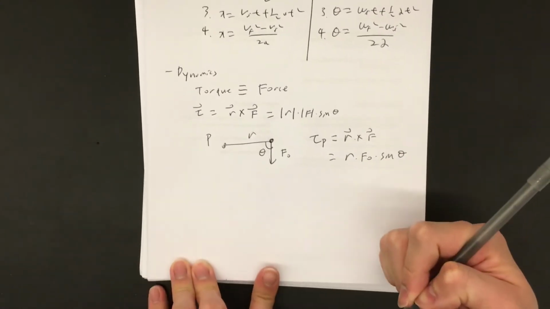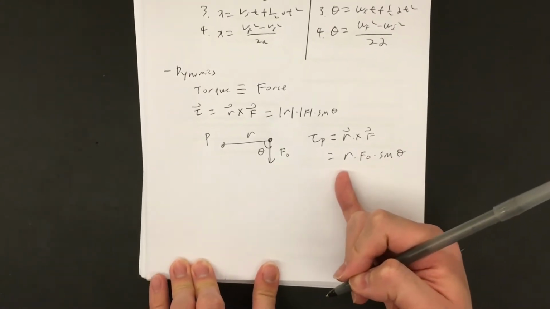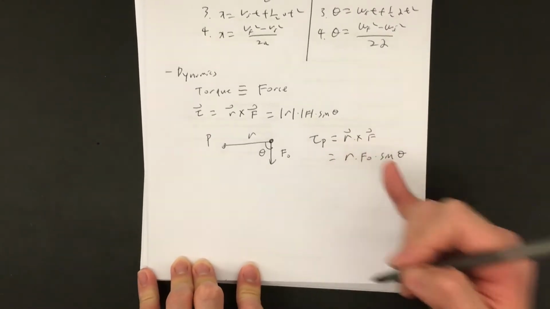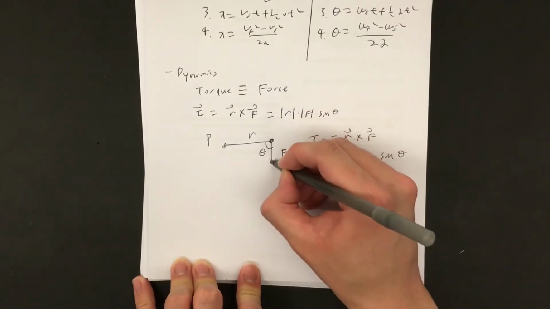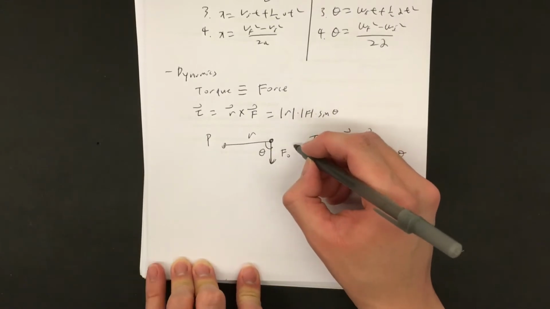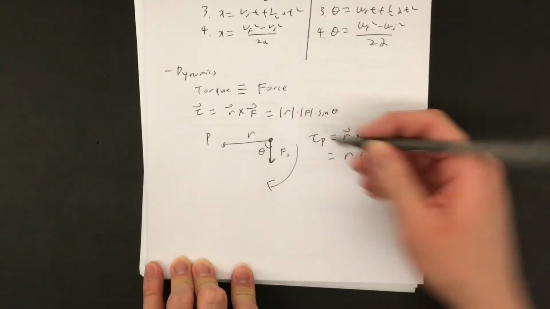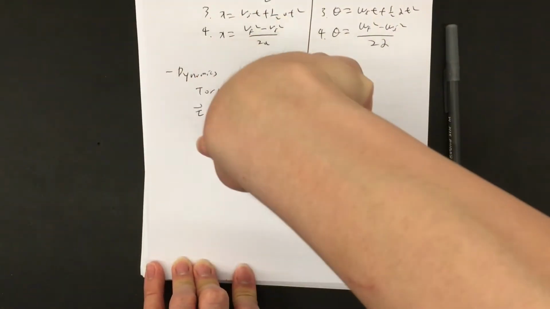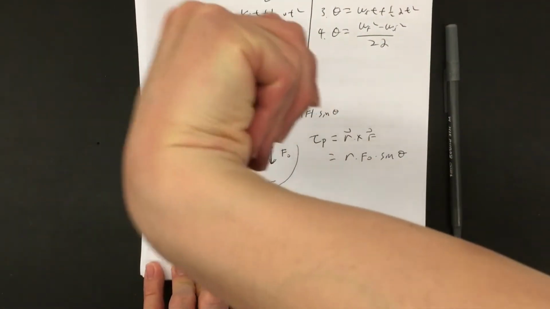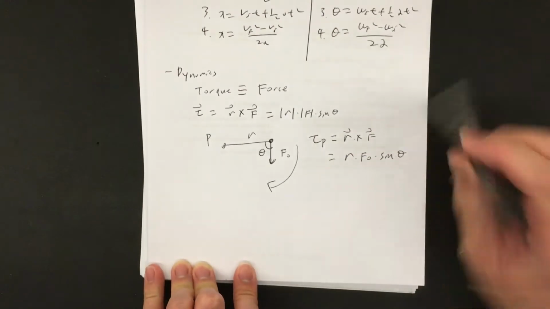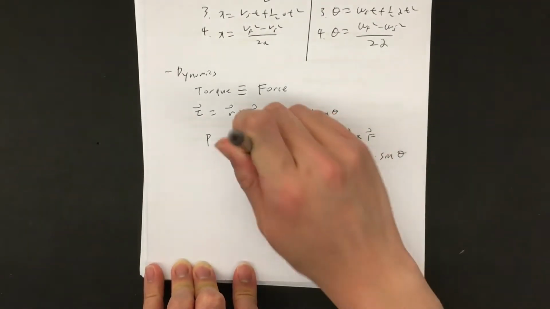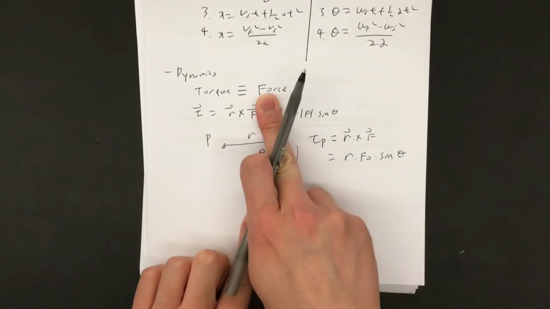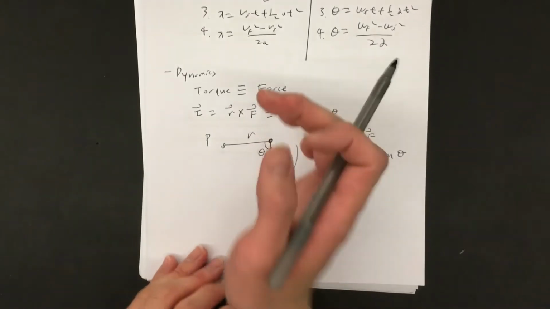And the direction of this torque vector is, although you can use the right hand rule for the cross product, how I remember is, since the force is going to rotate this object this way, I'm going to use my right hand to curl it along that direction. And since my thumb is pointing into the page, the direction of the torque vector would be pointing inside the page. And conversely, if the force was directed this way,